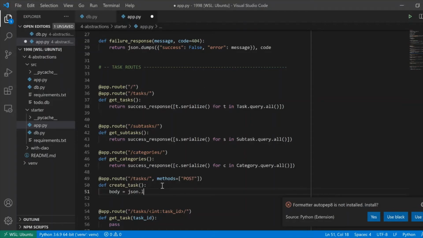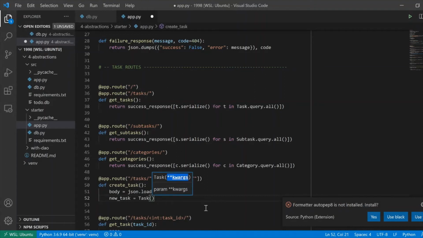So body equals json.loads request.data, and then we can get into some SQLAlchemy stuff, right? Because we did this using an ORM, we can just make a new object. So our new task is going to be an instance of task. And see how it's passing in kwargs? We just get to tell it the kind of names of things we want. So description is going to be body.get